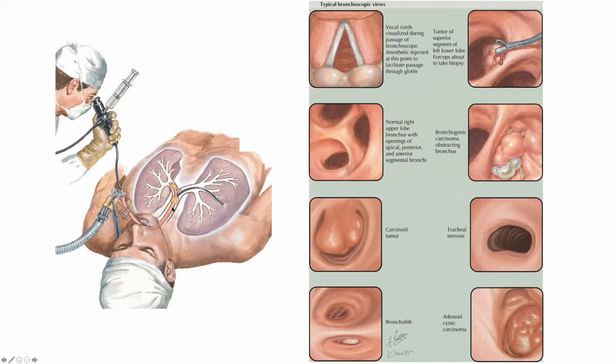Now, when we are putting this in, we can see this tells me I'm at the level of my vocal folds. I'm in the larynx. And when we are going down, we can see the normal, and we can see if there is some unusual growth, a tumor. This is a biopsy forceps. So you take a chunk of the tissue, and then you can see the narrowing of the trachea. You can see there is some carcinoma, and look at the bronchiolitis.